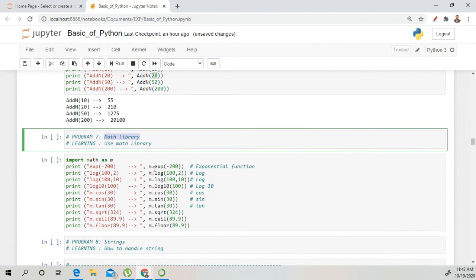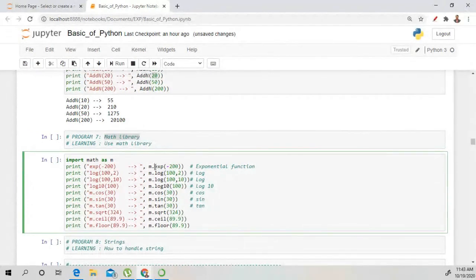There are different libraries to perform different mathematical operations. So m dot, this is the syntax for calling any library. m is the math library, so we have to import math as m.